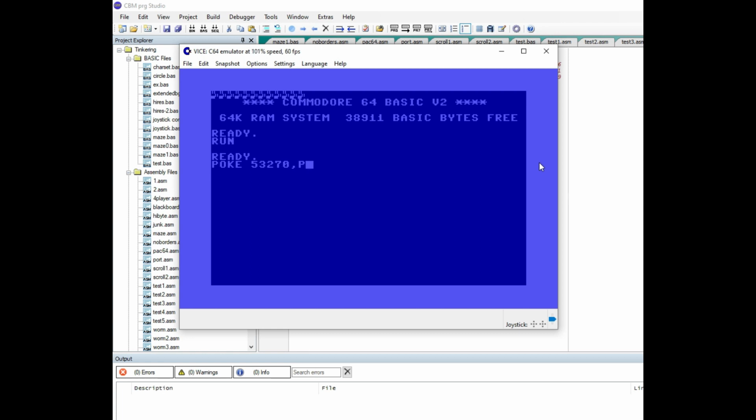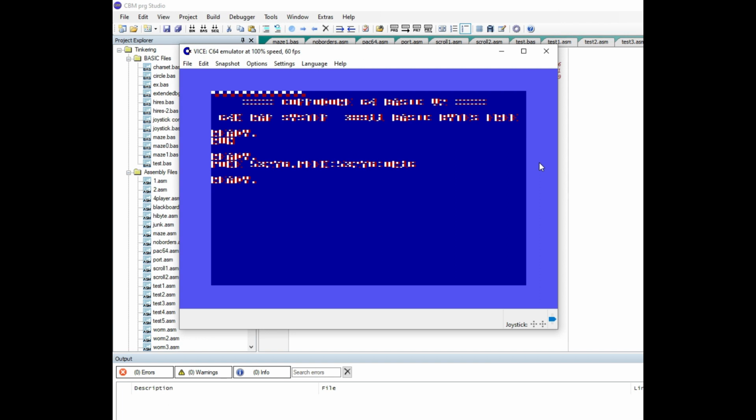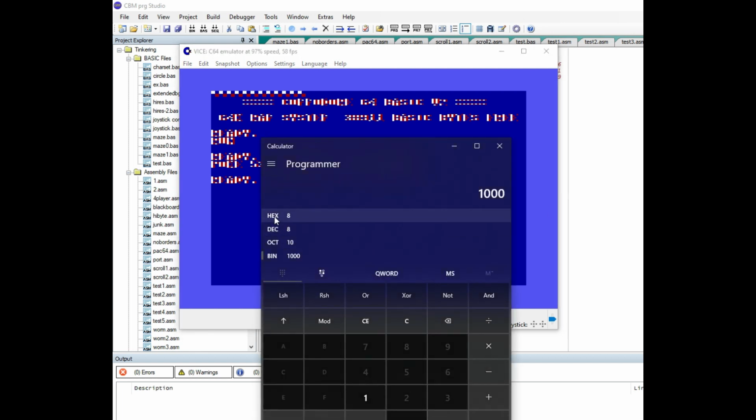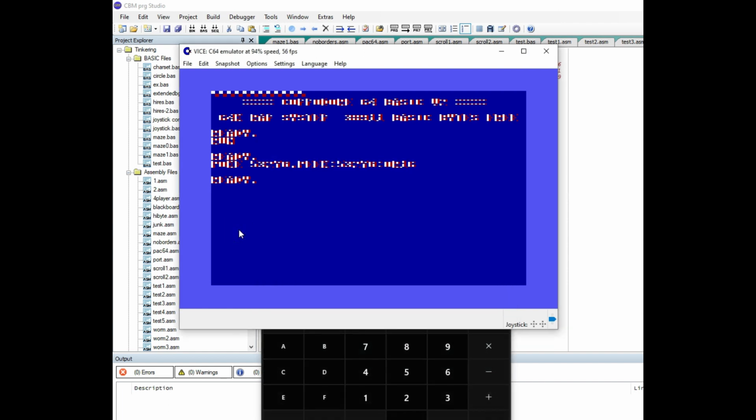Poke 53270, peek 53270, or 16. Now we're going to change the foreground color at D800. And just to be sure, hex D800 is 55296. So we're going to poke 55296,